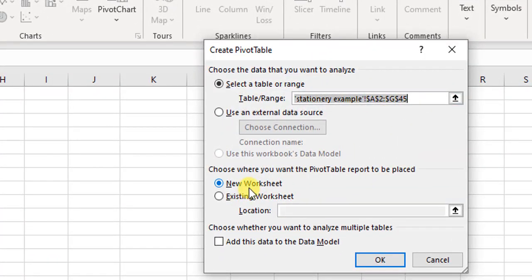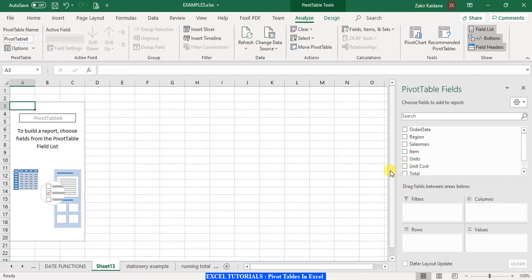The next option is it's asking us where we want to have the data, that means in a new sheet or in the same sheet. By default, the option is new worksheet, so let us keep it like that to have a better view. So I click OK on this, and once I click OK, Excel puts me on to a new sheet. Now this is a very interesting part. On the left hand side, you can see that it has put the pivot table report structure, and on the right hand side we have the pivot table fields.